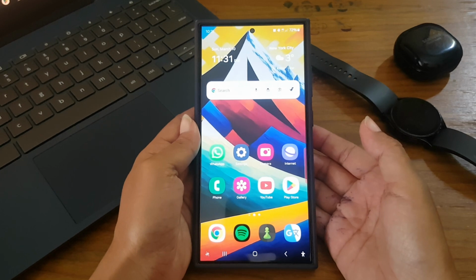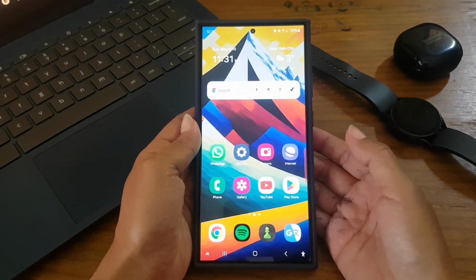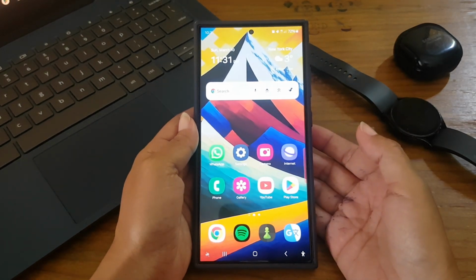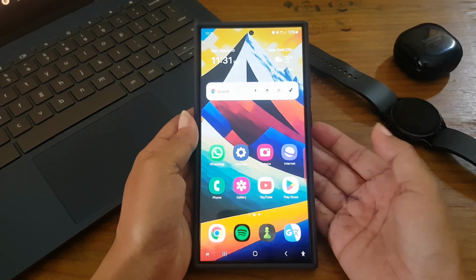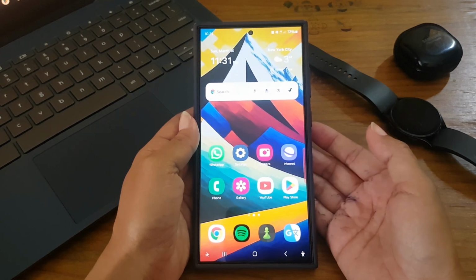To adjust the color and outline of fonts to make them stand out in Samsung Galaxy S24 Ultra, first you have to enable high contrast font feature in the accessibility menu. To do so, swipe down the top of the screen